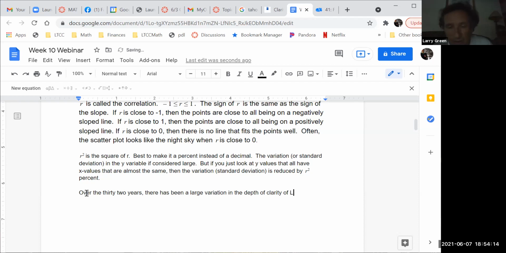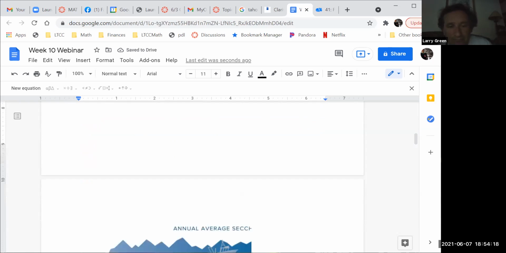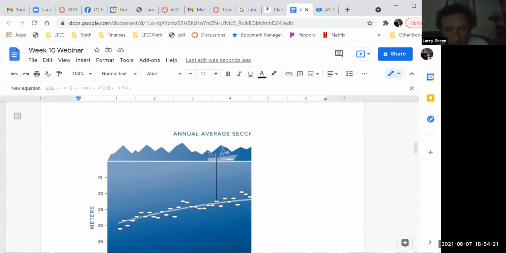Of Lake Tahoe. So again, you look at the picture and it's pretty different. Again, it goes from 20 to 32 meters that you can see down. It's a huge difference in clarity. Okay, and it's all over the place. It's not like all of them are near 20 and then there was one over here. There's some that are low, some that are high, some are in the middle. Do you see that? Some are a quarter of the way there, some are a third of the way there. They're all over the place.